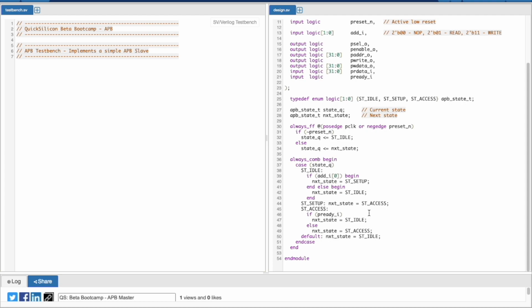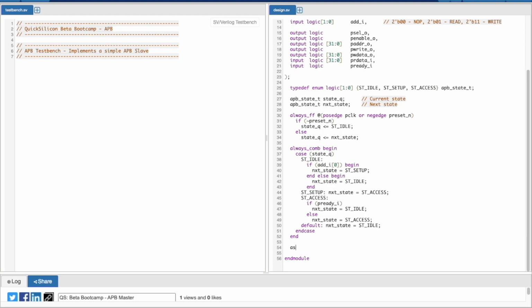So now with this, we need to actually implement or basically drive our PSEL and PENABLE signals. So that is again straightforward. We know that our PSEL signal would be asserted as soon as we enter the setup state, which means your PSEL would be equal to the current state is setup.